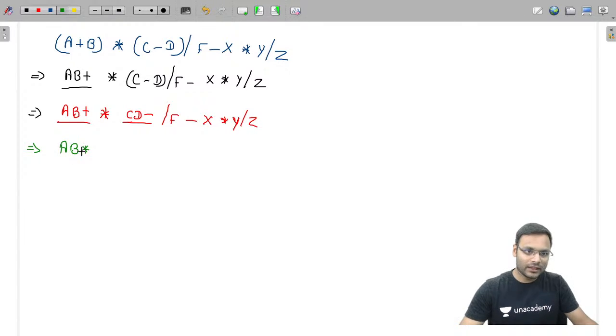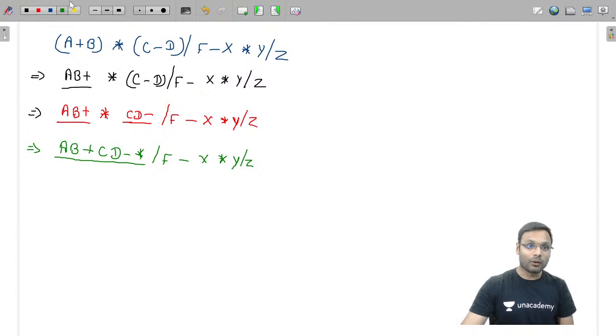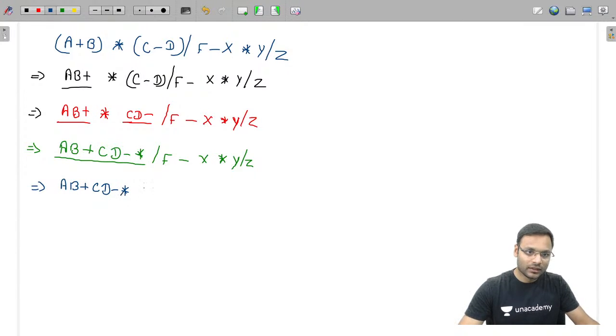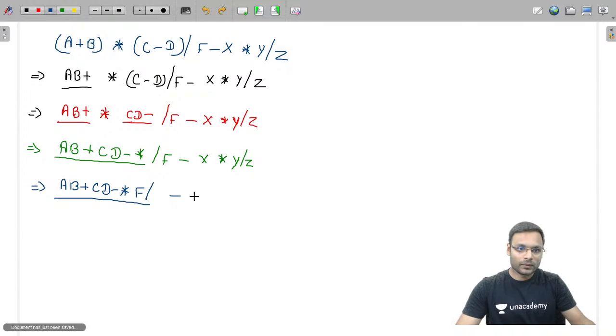AB plus, left operand, right operand CD minus, and then star. Then this plus will come here. AB plus CD minus and then this star, divide by F minus X into Y divided by Z. Now the next operator is this division. Let's do that. AB plus CD minus star operand F and then division complete, minus X